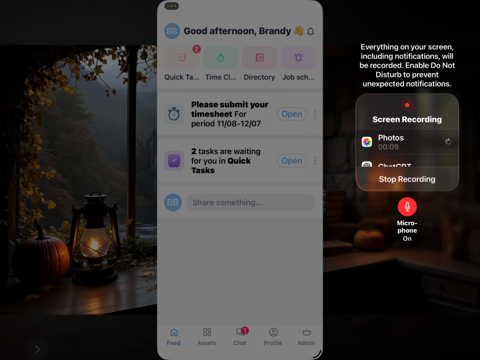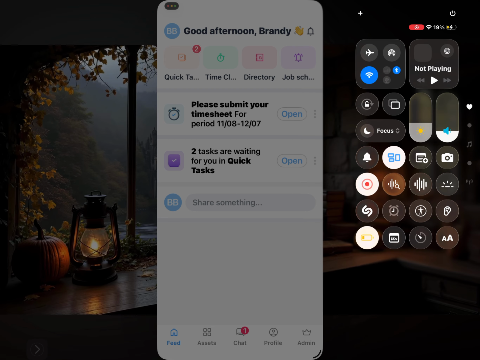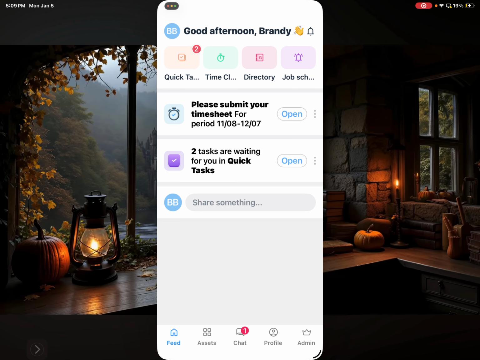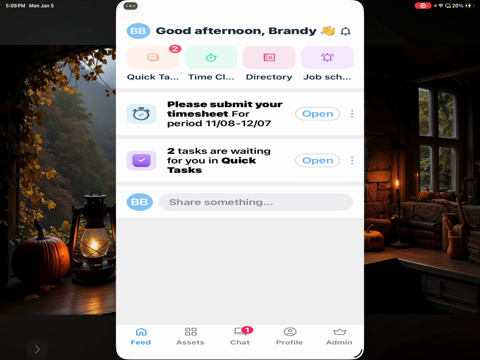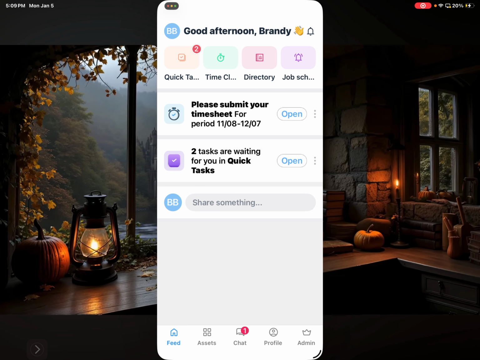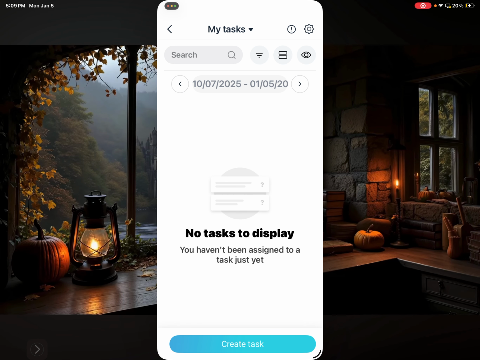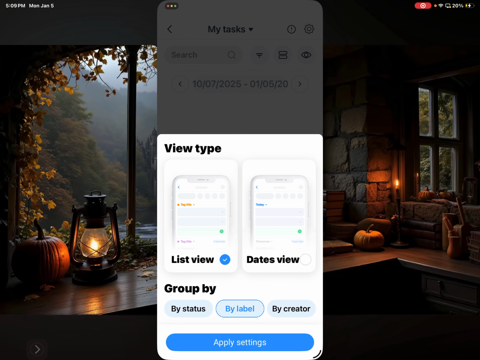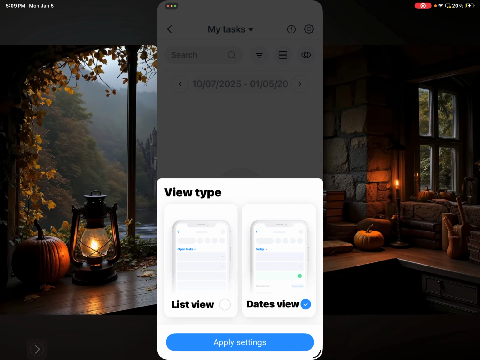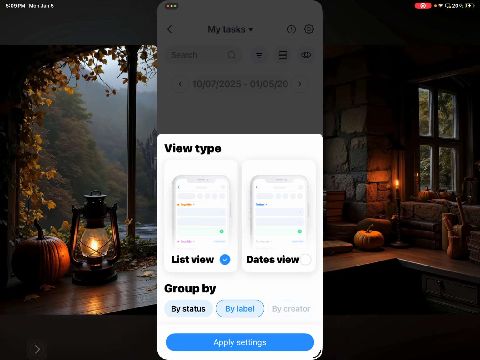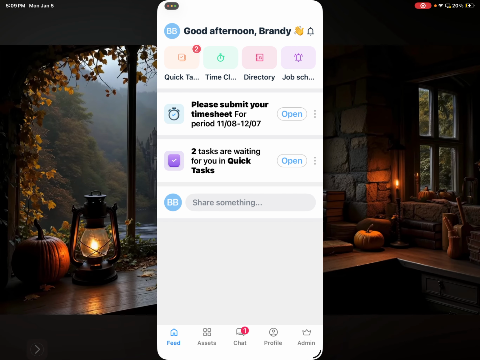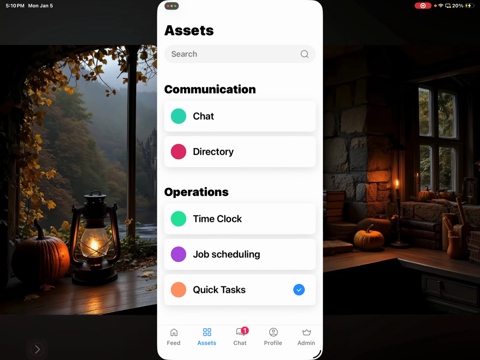Okay, so we're going to go over quickly some of the software that you need to have and start to get yourself familiar with it. This is our Connecteam, and through this, there will be a display of tasks that will be present, things that have big dates coming up by label, by creator. And this will be where you can look at stuff in our directory.